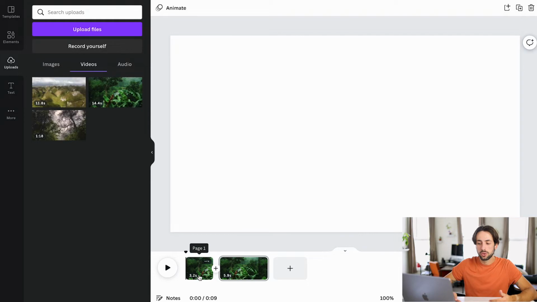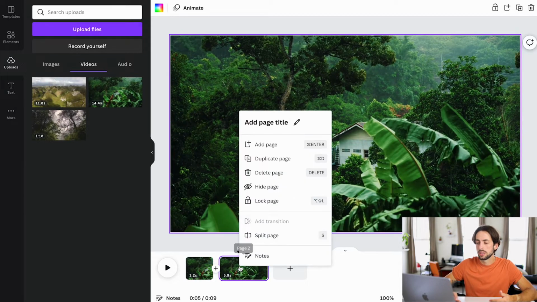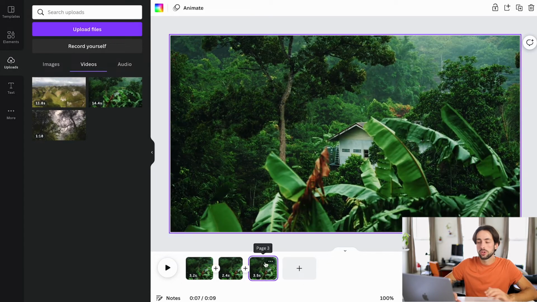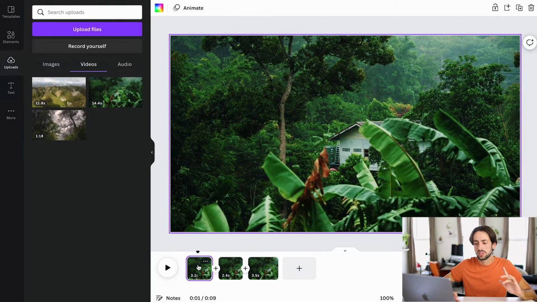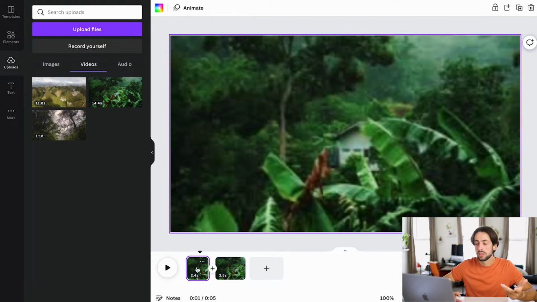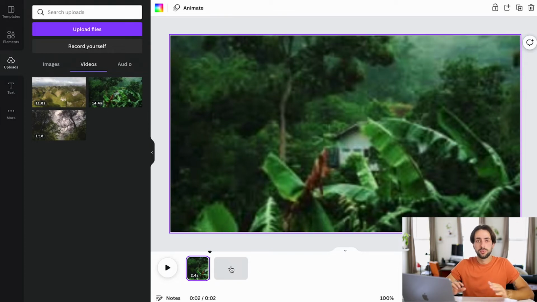As you can see, after doing that, now I have 2 separate clips. And then let's say that I want to cut it right here and get rid of that. Now, in order to delete the clips that you don't want, you are going to want to click on the clip, and you can see that it's purple, it's highlighted. That means that it is the one that I want to delete, and you just press delete. Bada boom, bada bing. Pretty easy. Same thing with this ending. Delete it. Pretty easy.